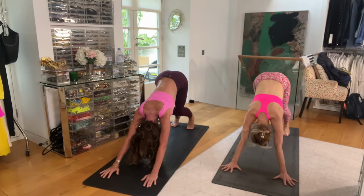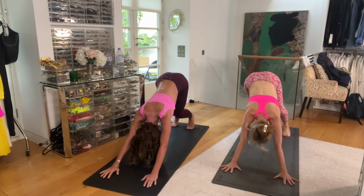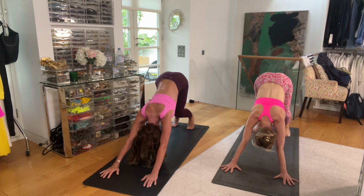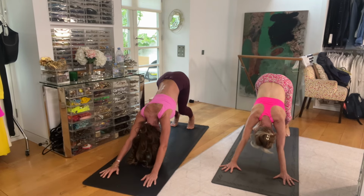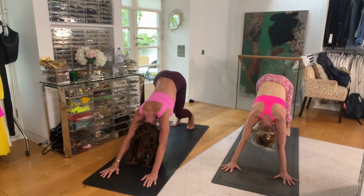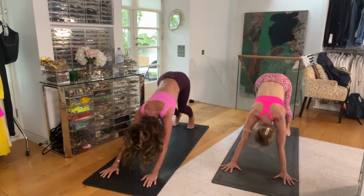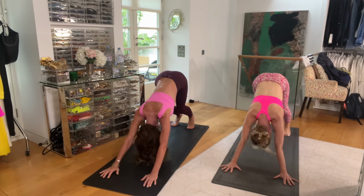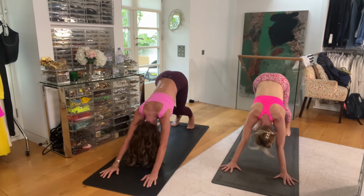Downward dog with your knees bent, so we can get a really good stretch in the arms and the back. Take your chest more towards your thighs by bending your knees more, and then pedal out your feet. Let your head go, nod it yes, shake it no. Inhale deeply, exhale, blubber your lips